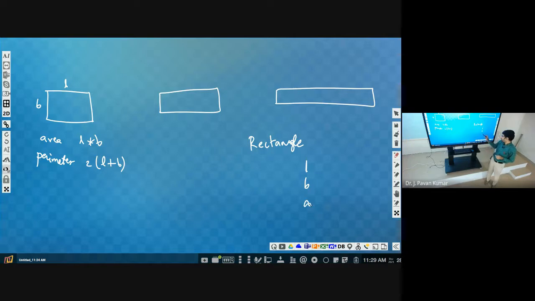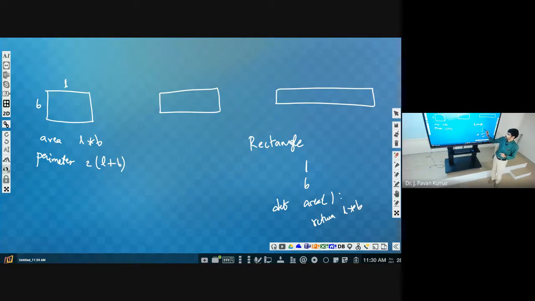So area we will find out. Let us define a function to calculate the area. How can we define a function? By using def area. What we will write? Return L into B.